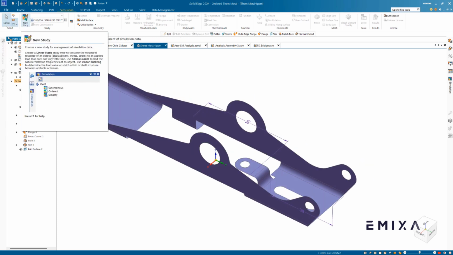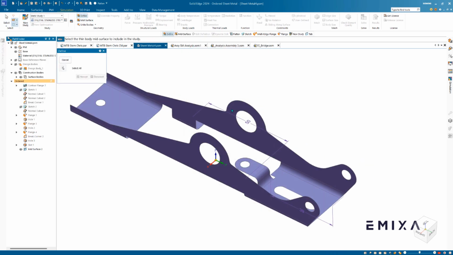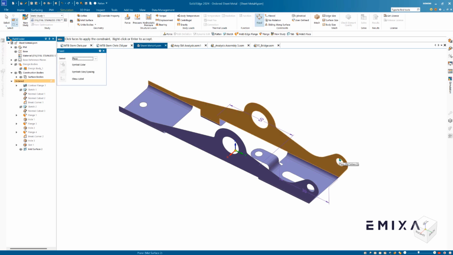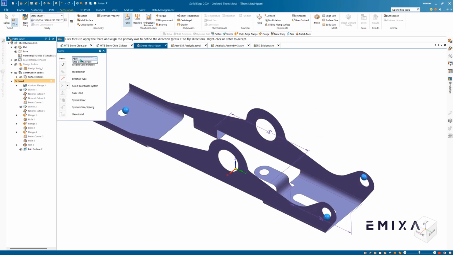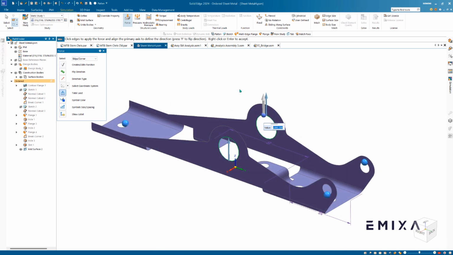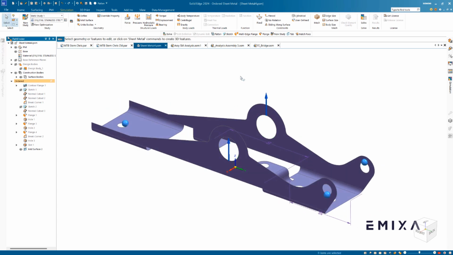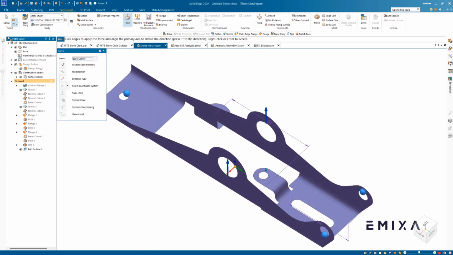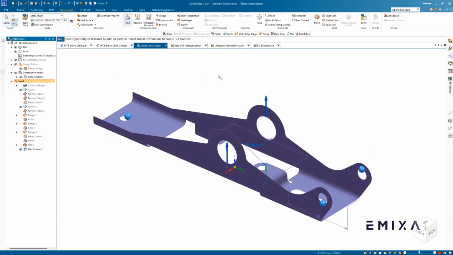Next, if we turn our design body off, we're going to see our thickness. We're going to choose our surface study, accept the body. I'm just going to quickly zoom through and create some little relationships. The little blue dots are our fixed relationships, and then I'm going to apply some forces. We're going to go 50 kilograms, 500 newtons on here approximately, and then we're going to have 100 newtons